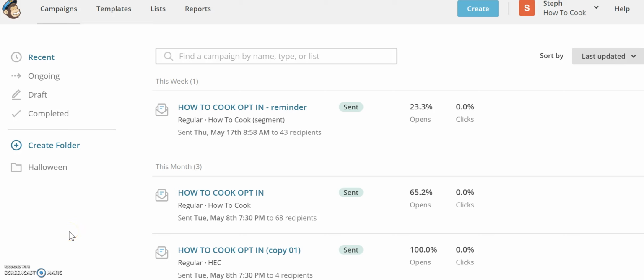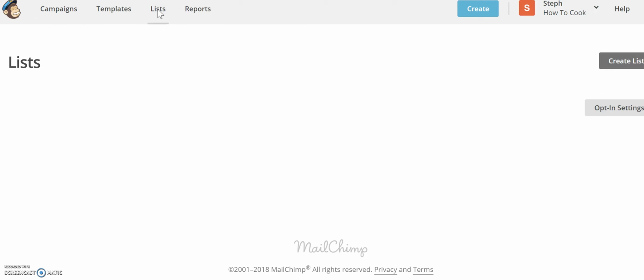I'm just hopping back on to show you about segments in MailChimp after you have sent out your GDPR email. I've had lots of questions about this. So if you log into MailChimp and you go to lists, you'll be able to see on the list that